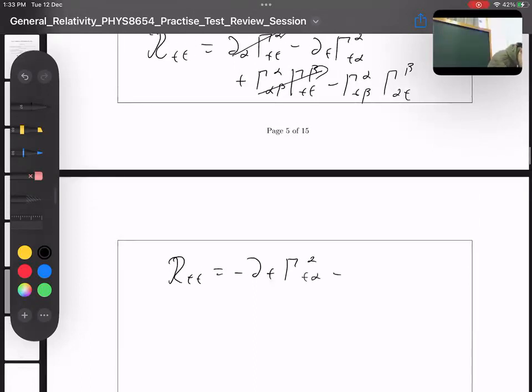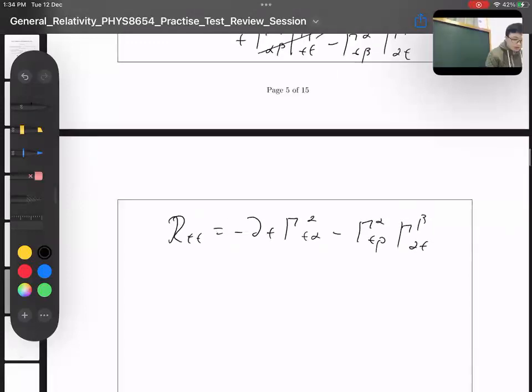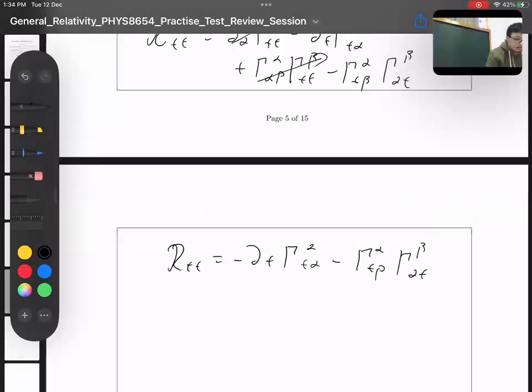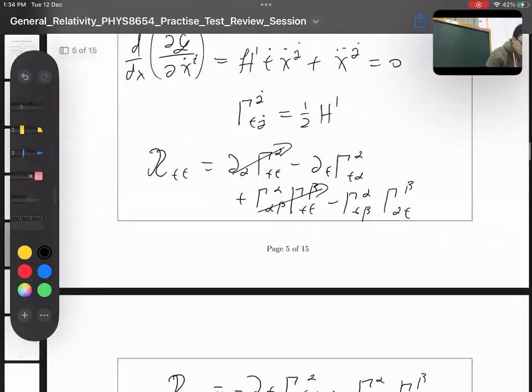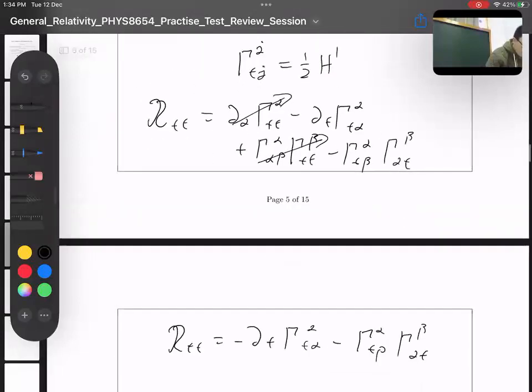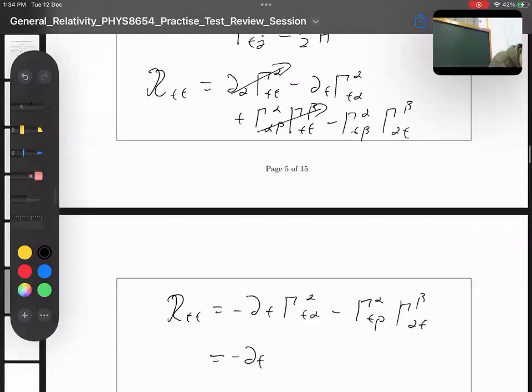And then minus... shoot, is that a t? And now you know what all these components are, right? So you know this one, this one, and this one based on what we got just now. So you know that TJT is just, so this is just minus partial t of